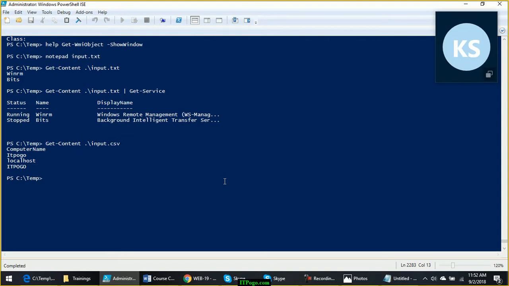Now here, when I import this CSV, Import-Csv input.csv, automatically this first row will become the column or a property, and this will become the property values.